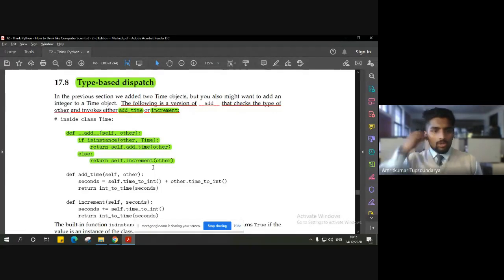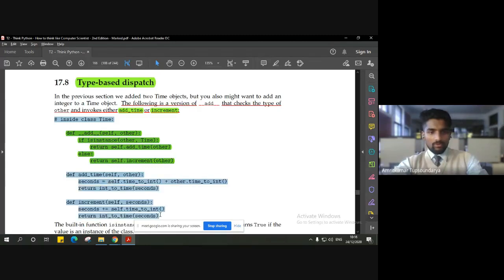We'll use the same example, the addition of time that we have seen, so we will have a better understanding of what type is to be dispatched and so on. This whole class that we have constructed, as you can see, has three methods.